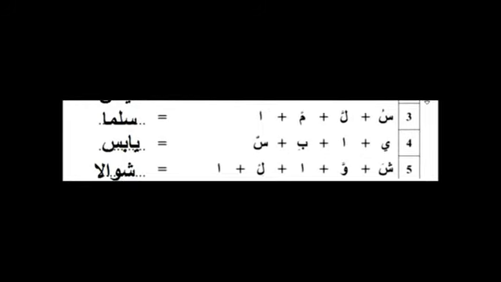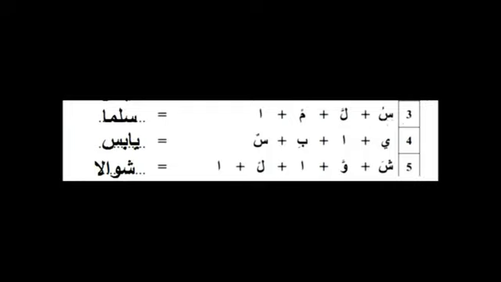Next rows. Sin dhamma, su. Lam with a shidda with a fatha, sulla. Followed by a mim with double fathas, the fathatain. Sullaman. Okay, put the dhamma on top of the sin, su,